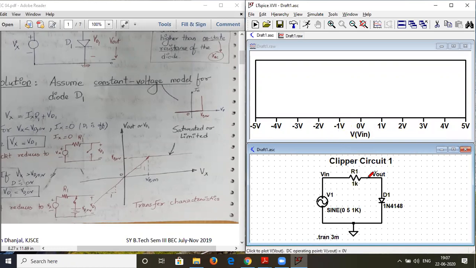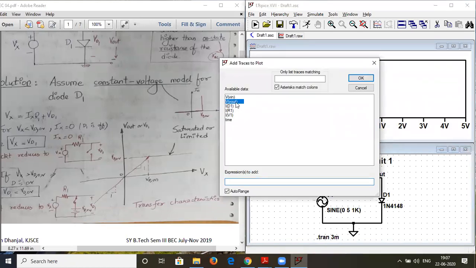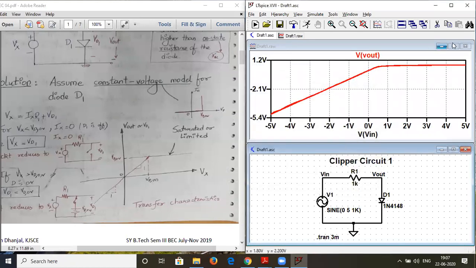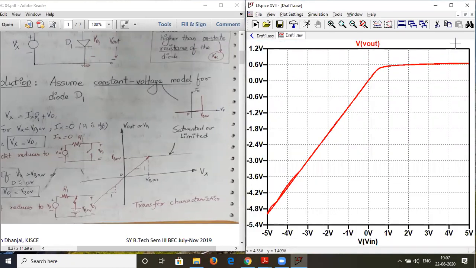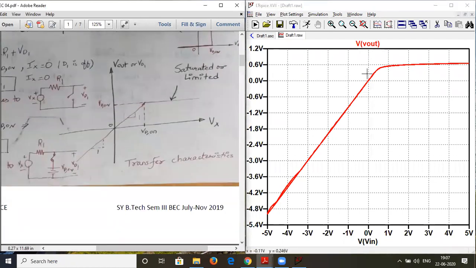So what is your VTC curve? VTC curve is nothing but a curve between the V in and V out. So let us try to plot it first, and then we'll try to understand. So we have to plot V out directly over here. So yeah, we got the characteristics already. Now, as you can see, this characteristic is resembling this curve. As you can see closely, from 0, the curve is a straight line like this, passing through 0, and it is going up till VDON, and then it is remaining almost constant. As you can see, almost constant, I said, it's not exactly constant.